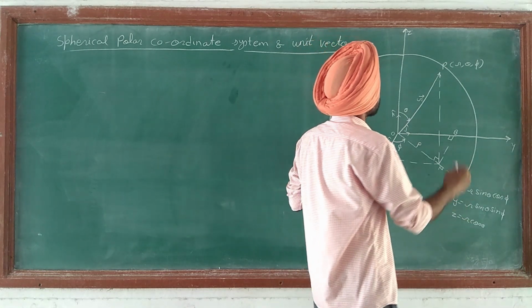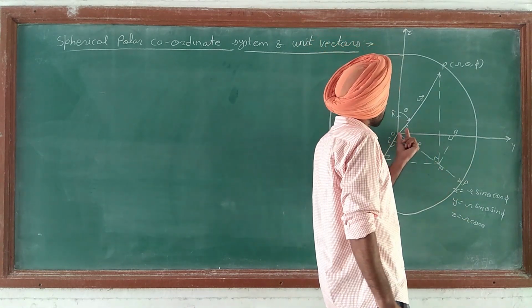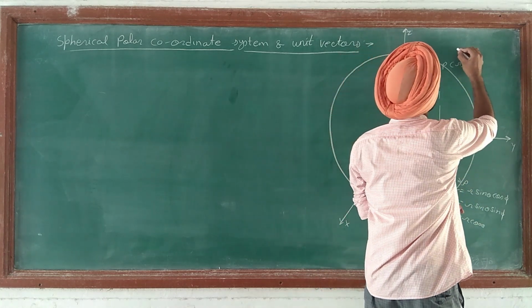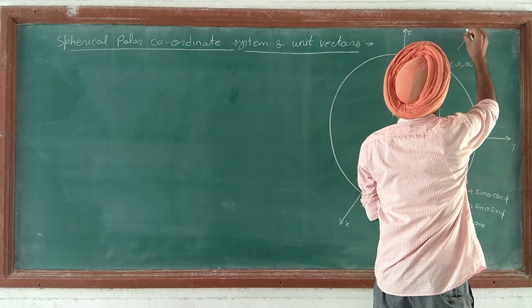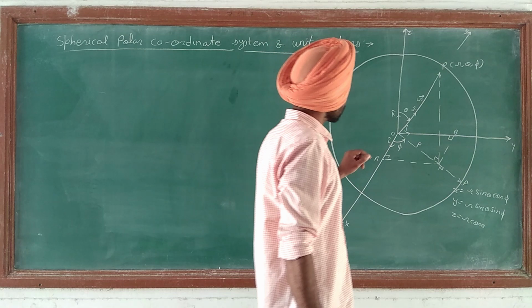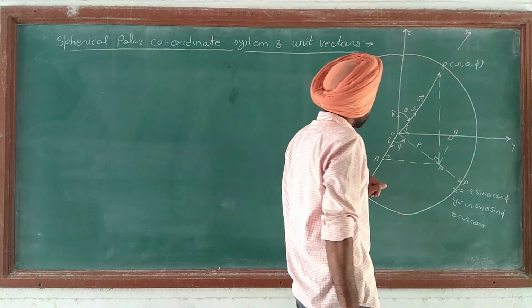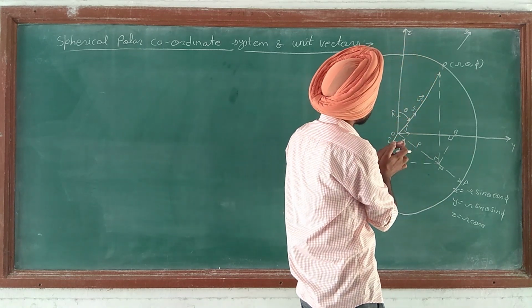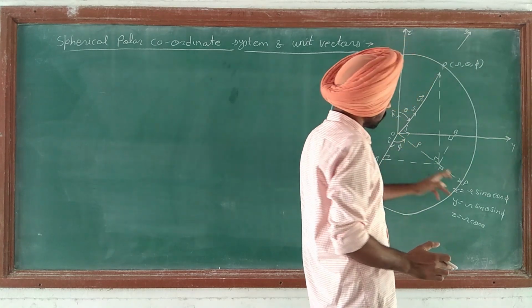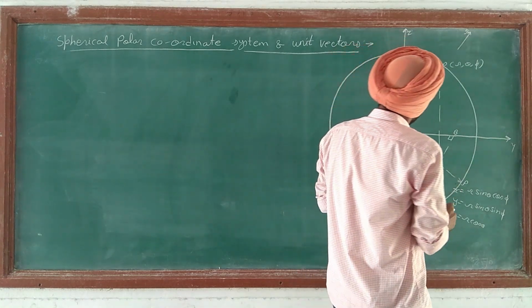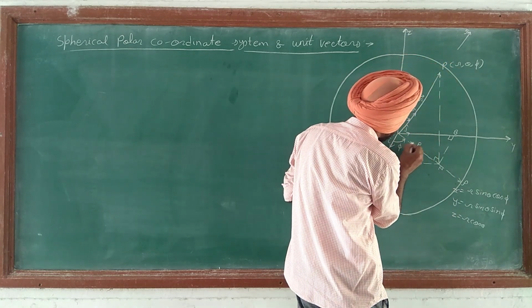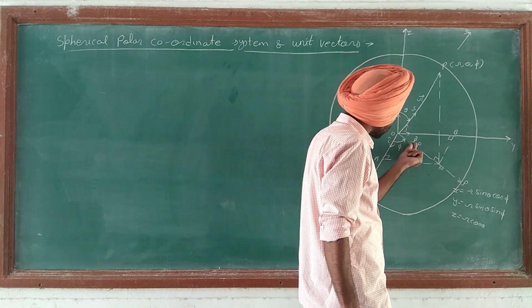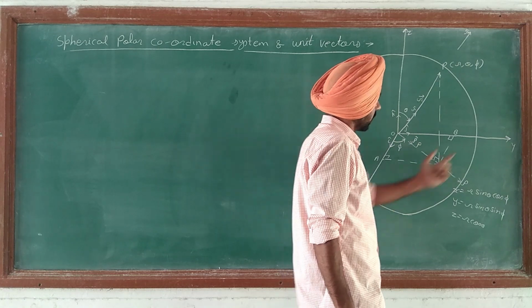In the previous lecture, we already discussed that unit vector r cap is in the increasing direction of vector r. So it was drawn like this: unit vector r cap, and this unit vector r cap lies in this z o rho plane. Now let rho cap be the unit vector in the increasing direction of rho, and this rho cap lies in the xy plane.